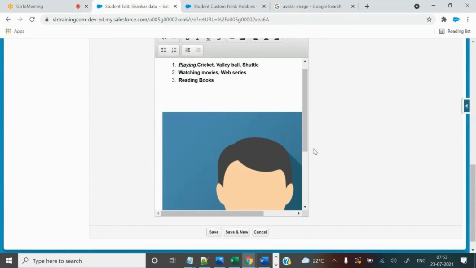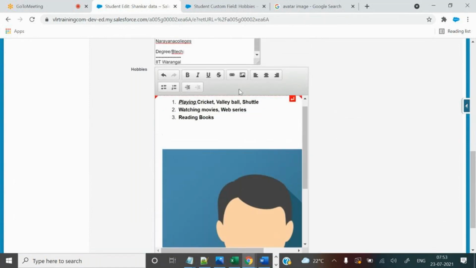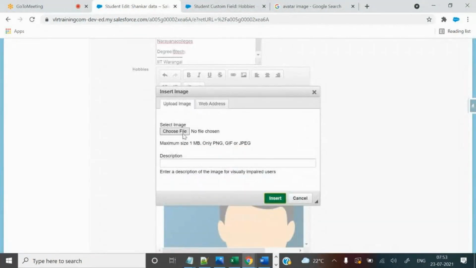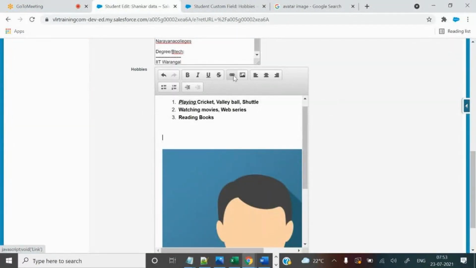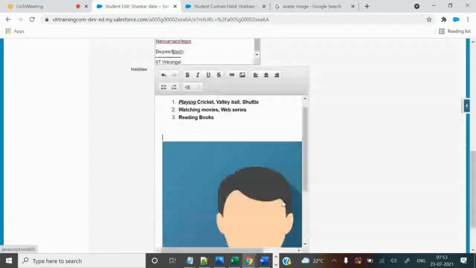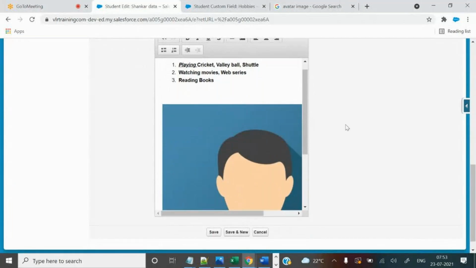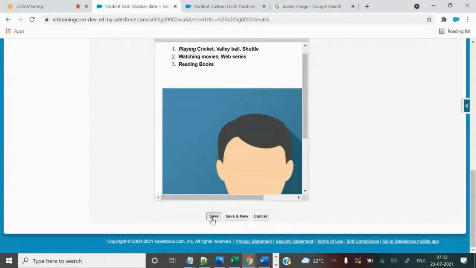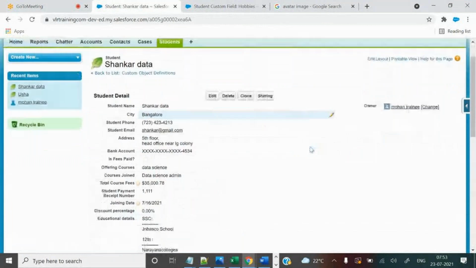system and upload here. So how to upload this image, you can see here, image symbol, choose a file, click on this one, and from your local system the file format should be any of these three, and maximum 1 MB only, and insert it. That's it. And if you want to add any links, URLs, you can add it also, not a problem. It's not needed. So this is how you can use rich text.